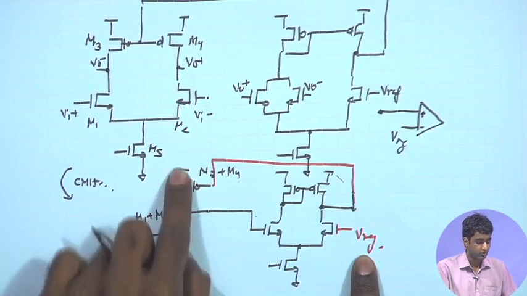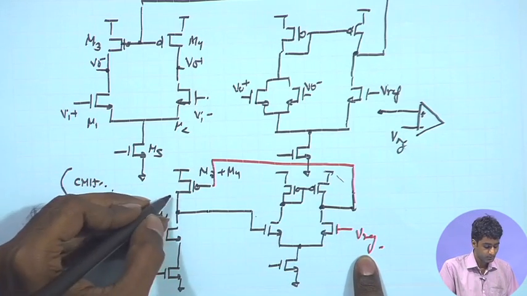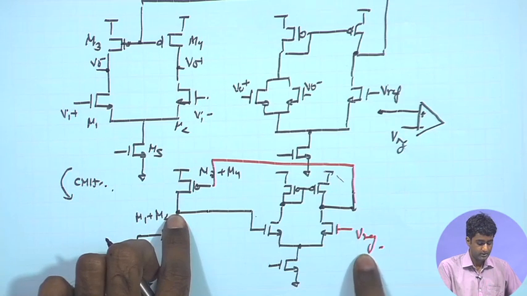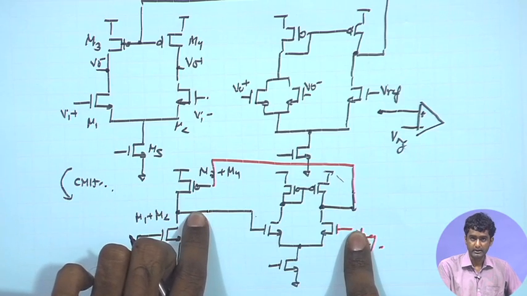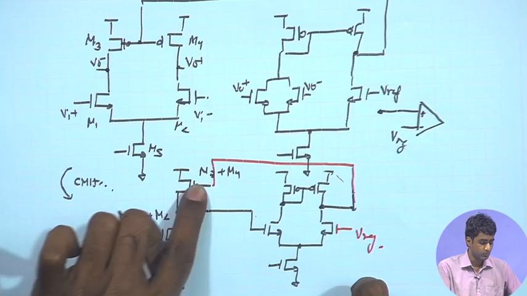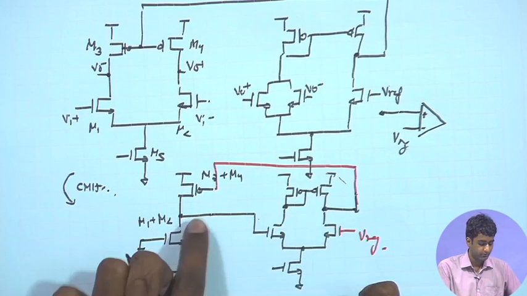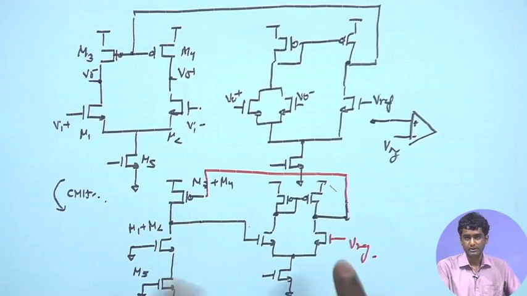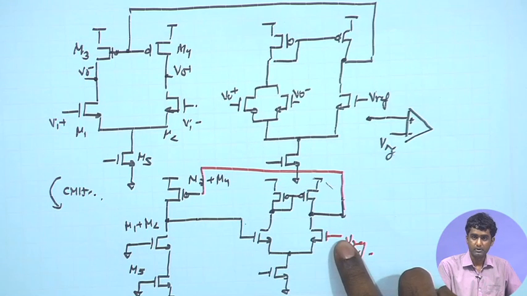So, this is something like a common source stage where M3 plus M4 is acting like the input device, and therefore, we are going to have another inversion over here. So, with respect to Vref, we will get a non-inverting gain till this point. From here to here, one inversion, and then back after tracing the loop from M3 M4 gate to the drain, another inversion. Therefore, from Vref to this point, we have a non-inverting gain. Therefore, for these two stages combined together, we can say that this is an overall non-inverting terminal on which you